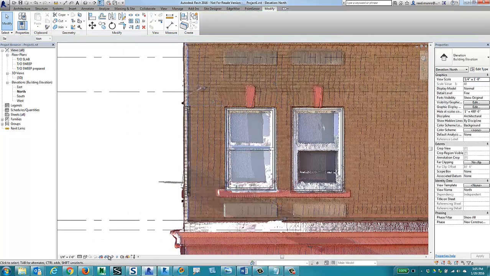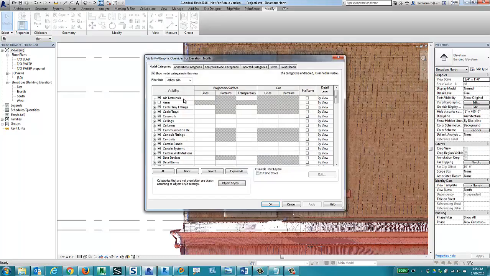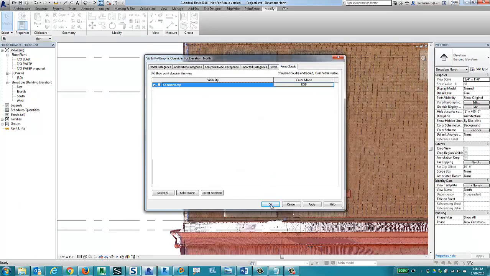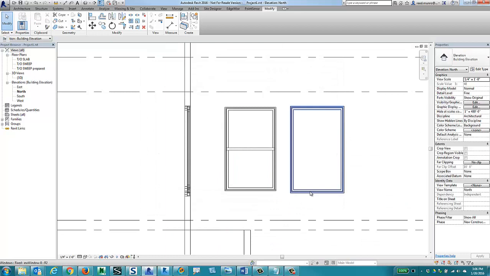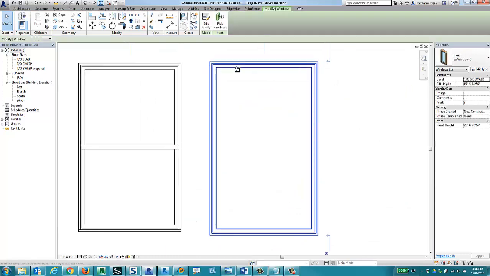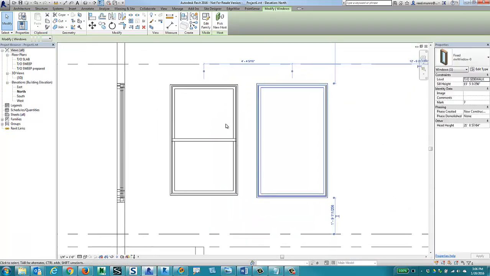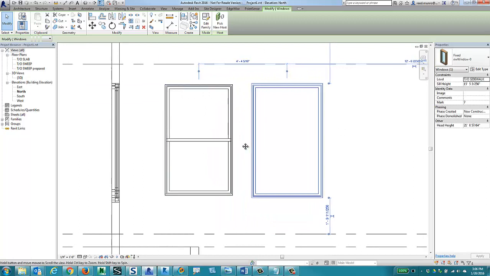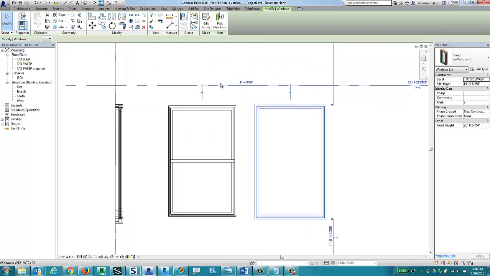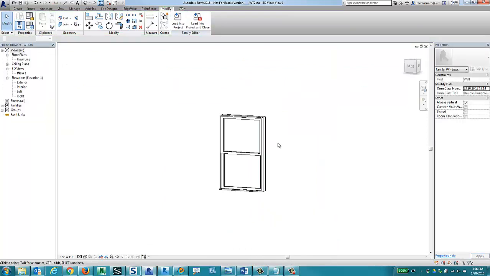Turn the point cloud off here, and I'll show you what we've got so far. So you can see this is the original window. It's close, but not perfect. And then this one comes in, and it's a lot more perfect. And so you can start adding in these architectural features as well. So if I went back and wanted to get this to